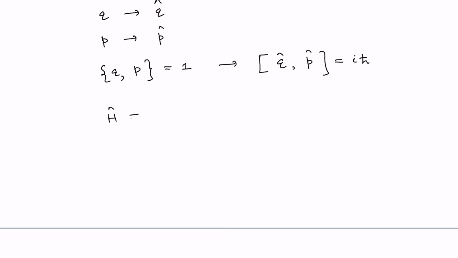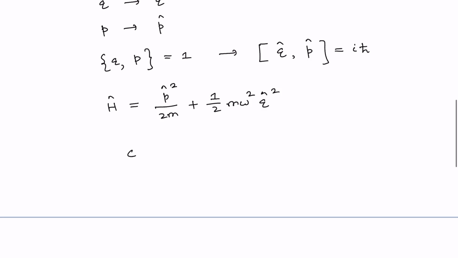You just have to write the Hamiltonian in the operator form, p in the operator form, p square by 2m plus half m omega square q square where q is also again in the operator form. So this is the general procedure for quantization and is known as the canonical quantization method. So this is the method that we are going to adopt even for